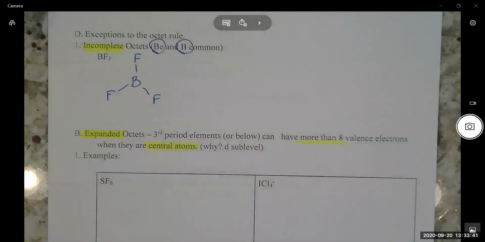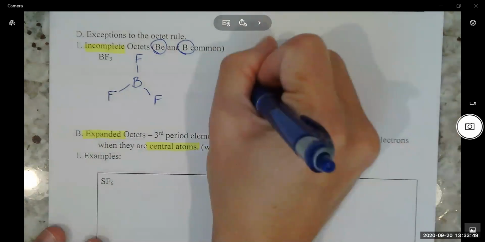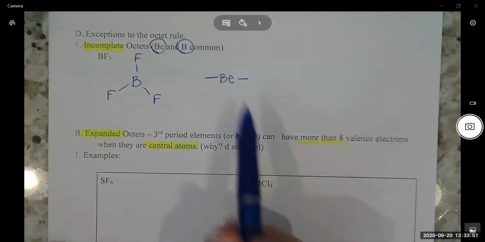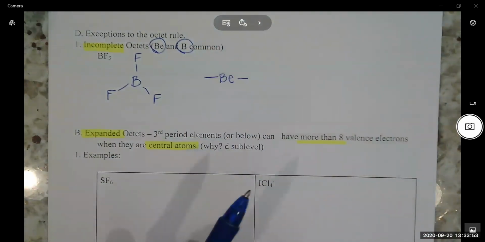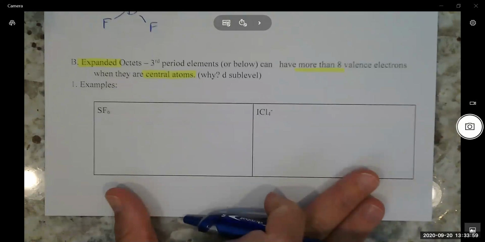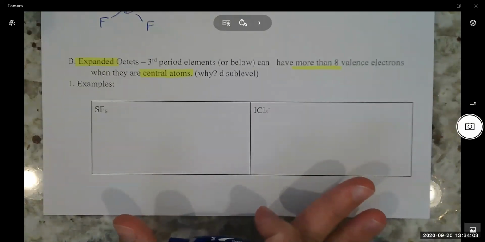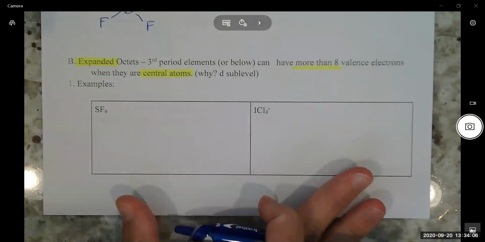Oh, sorry, we already did boron. Beryllium, super uncommon actually for beryllium, but sometimes can form just 2 bonds. It doesn't have to be double, it doesn't have to have a complete octet and just have 4 electrons around it. All right, these expanded octet problems, these are the ones that show up all the time, and we're going